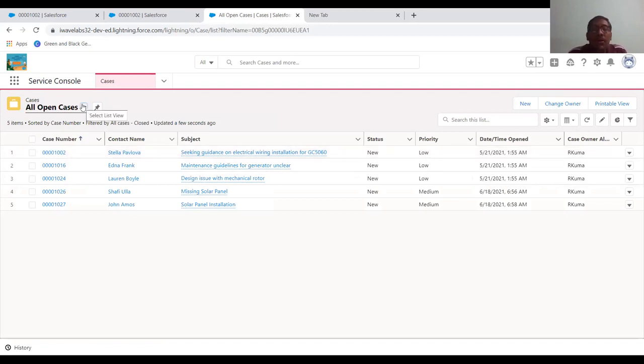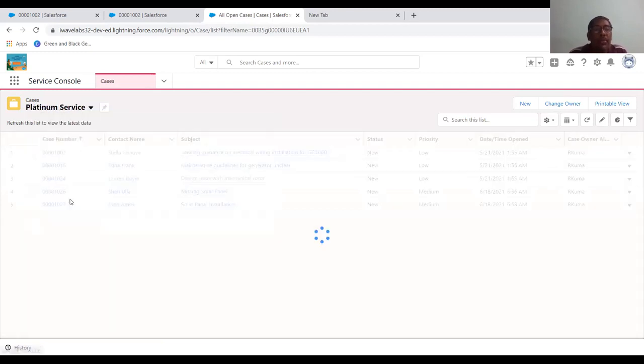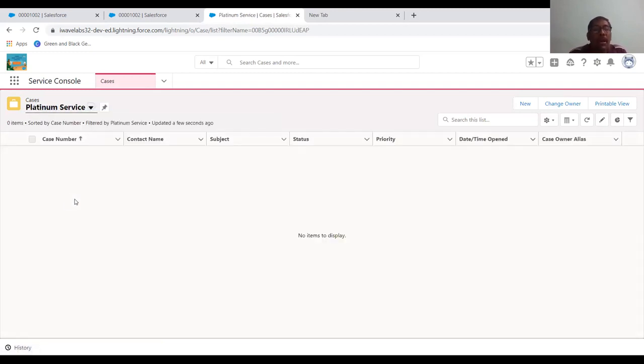Do we have platinum? It is not there. Now I click on open cases. Here I have something called platinum service. I'm going to click on platinum service. Now this is a platinum service, but as of now, we have not created any cases here.